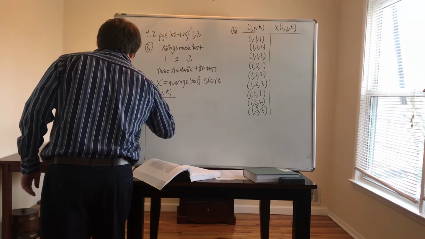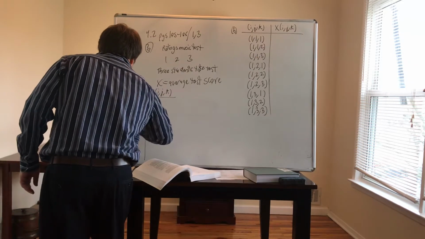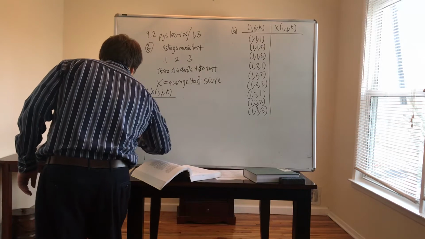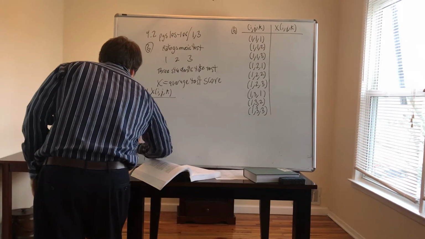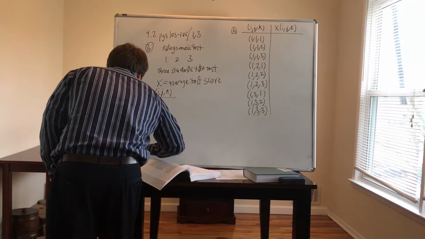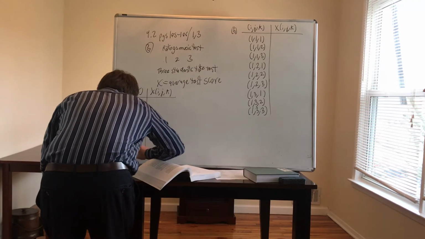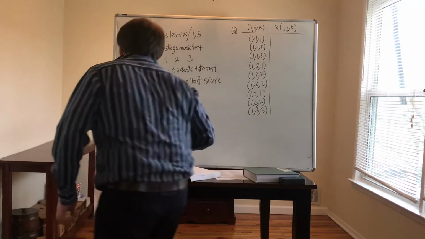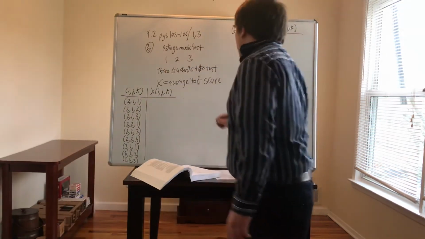2,1,2. 2,1,3. 2,2,1. 2,2,2. 2,2,3. 2,3,1. 2,3,2. 2,3,3. There should be 9 there. 3,6, yep. And then the third